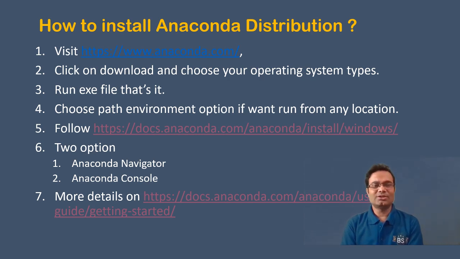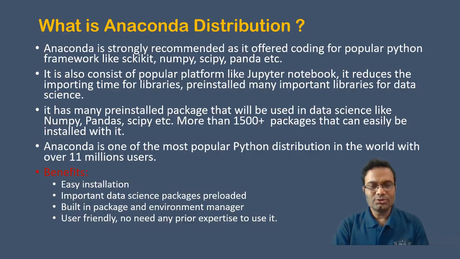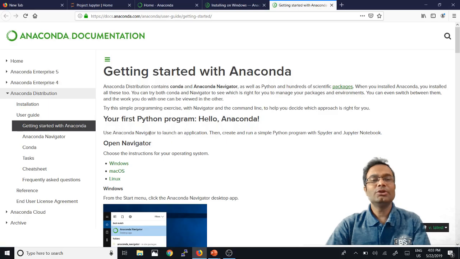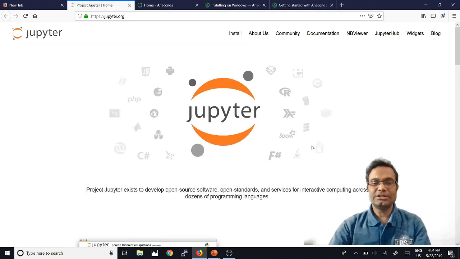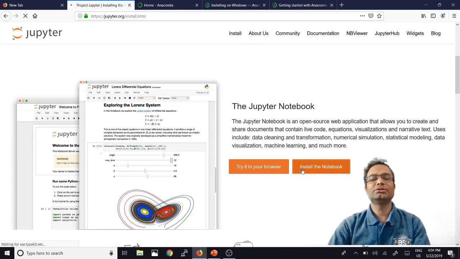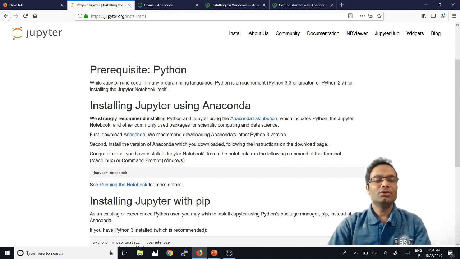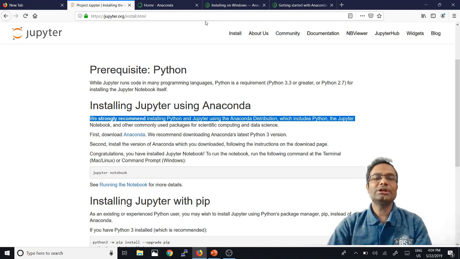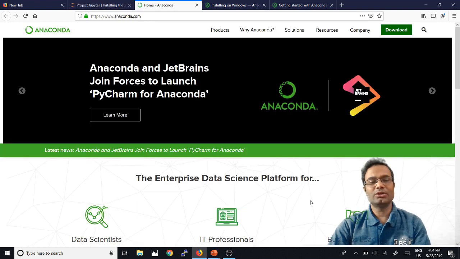So let us talk about how to install Anaconda. As I said, first go to jupyter.org. This is the Jupyter homepage. Come here, click on install the notebook. It even says we strongly recommend installing Python and Jupyter using the Anaconda distribution. So it also refers to the Anaconda distribution. So better go to the Anaconda homepage. This is the Anaconda homepage. Here you will get the download button. Click here,